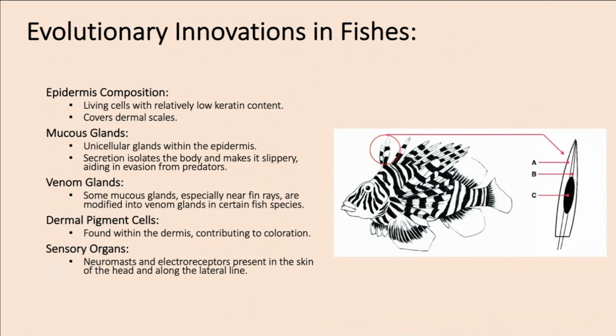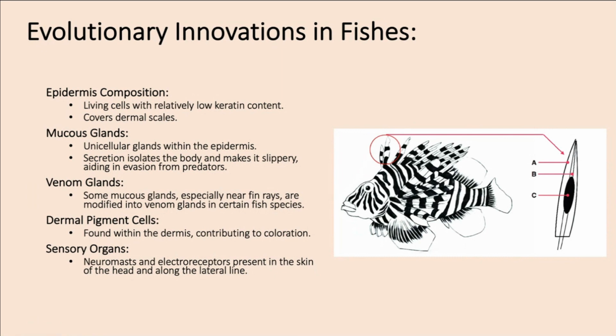Some fishes have got venom glands, especially near their fin rays. So you would see them in fishes that have these rays here. Remember yesterday we spoke about the two groups of bony fishes, which were the ray-finned fishes. So this here is an example of a ray-finned fish. And then the other example we had was the lobe-finned fishes, which had a skeleton that looks like the bones of the fingers. So some of the ray-finned fishes have venom glands, where of course they're releasing venom again in order to